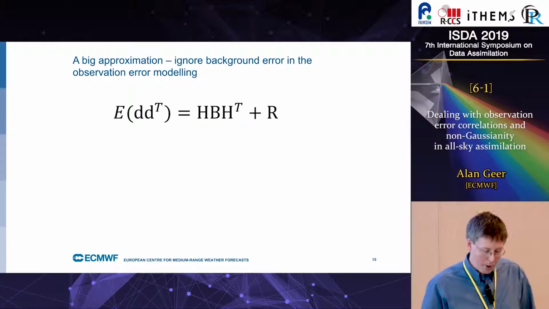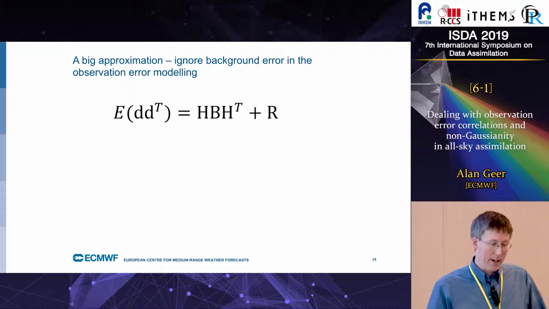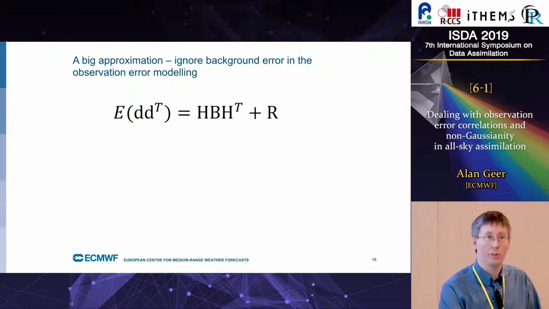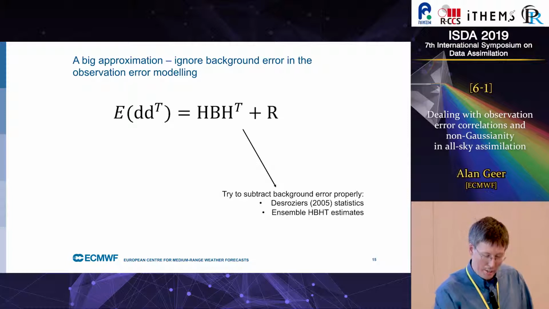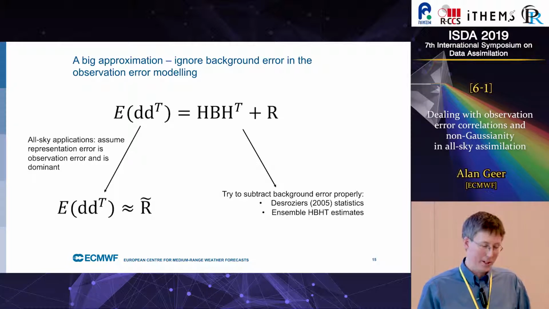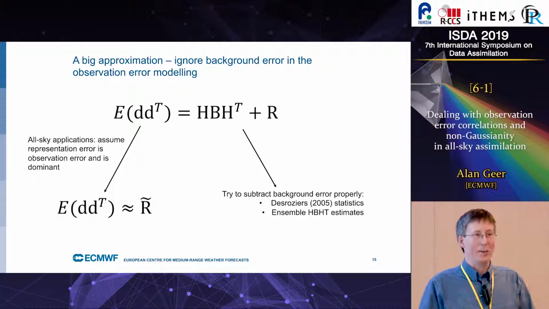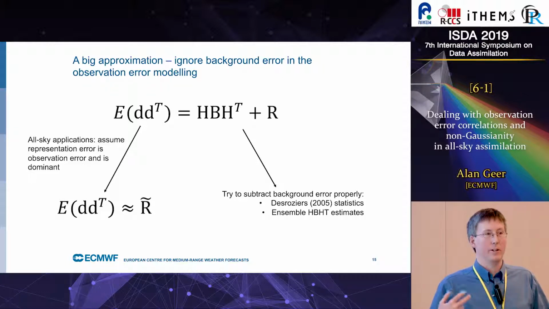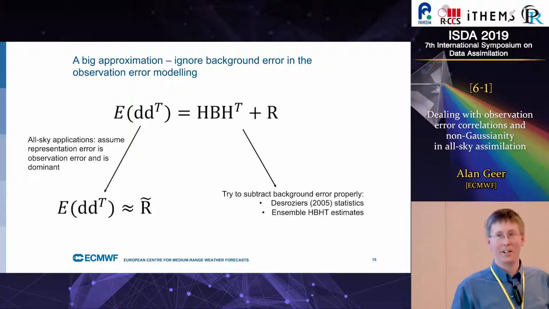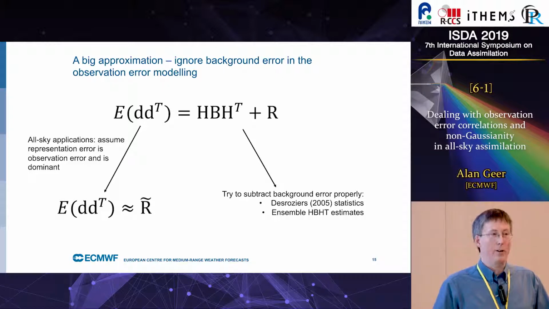One more caveat to put in before we go to that. In most applications, when we're trying to ascertain what the observation error matrix is, we're using something like Desroziers or removing an estimate of HBH^T. In all-sky assimilation, more or less everybody's been just assuming that the expectation of the background departures can be used as a proxy for the observation error matrix. And that's what's going to happen for the rest of this talk, and it's already an assumption in what I've already shown. And that's equivalent to just saying that representation error is very large, so we might as well forget about the other components, the fact that we're just saying that observation error dominates the background departures.